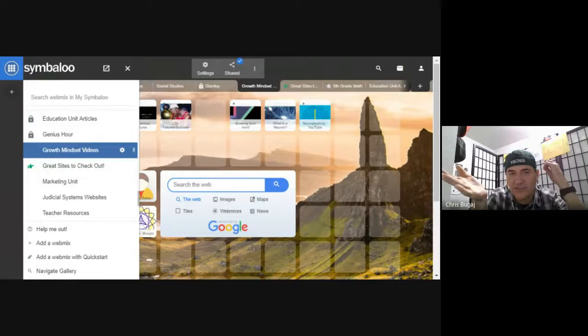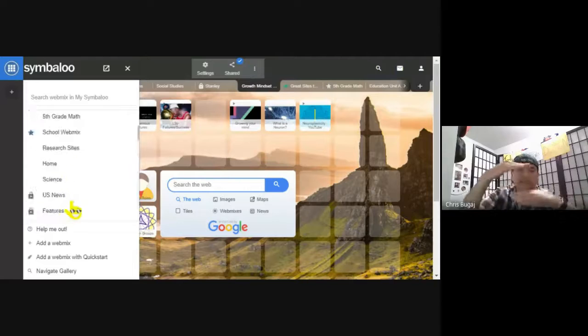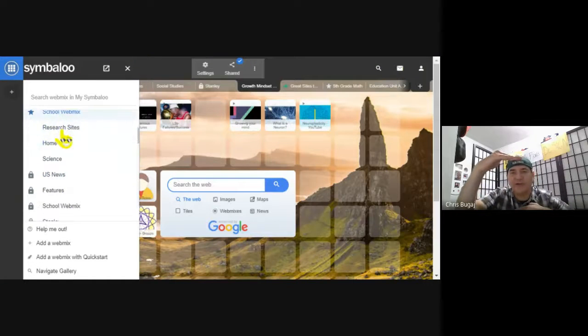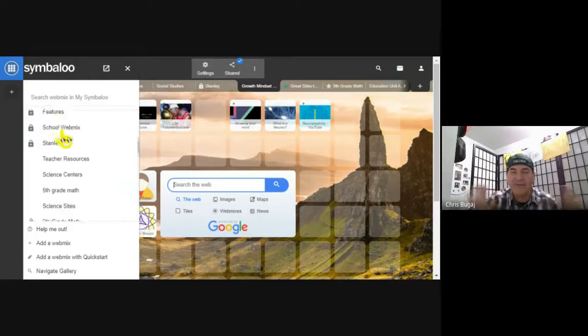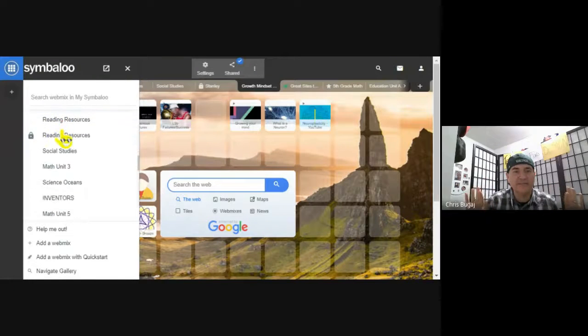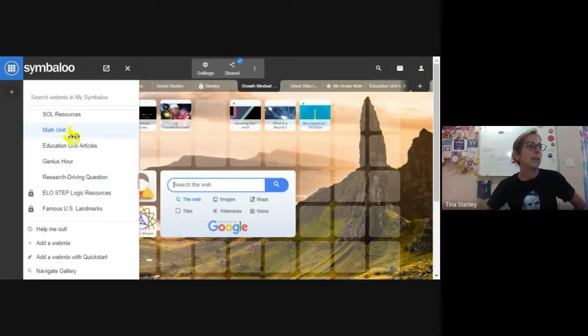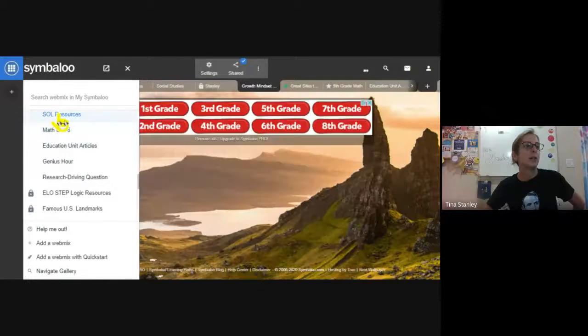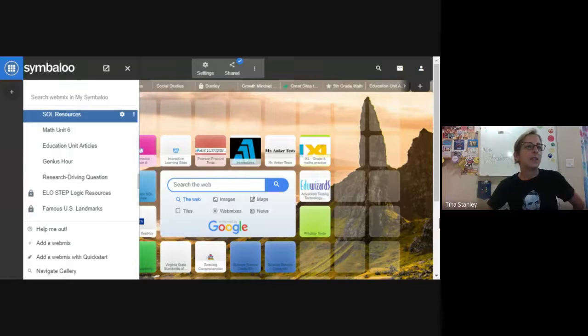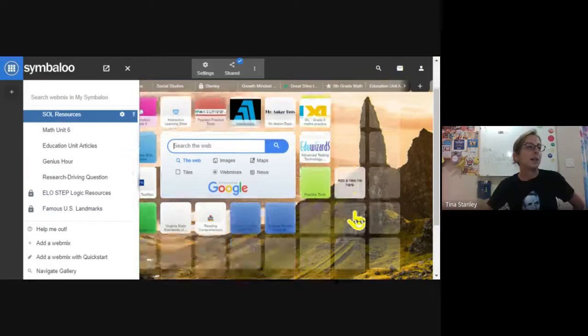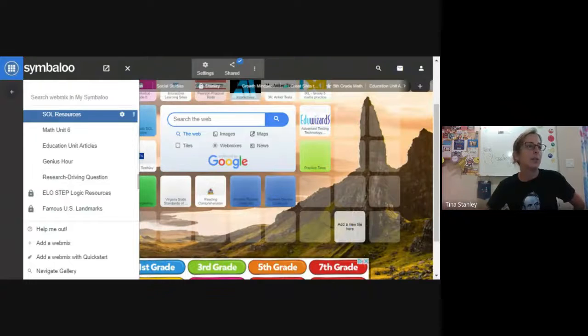To answer Suzanne Creech's question, she says, what is this for? Well, it's a great visual way to provide students with hyperlinks, as opposed to a list of all of them in a Google Doc or something. Much more visual and very similar, I think, to LCPS Go, in that it's a bunch of tiles on the screen that they're very used to. I know that we give the kids tons of websites, so during SOL time, I would give them the link to this, and there's IXL and Study Island, all the stuff that the elementary kids use for